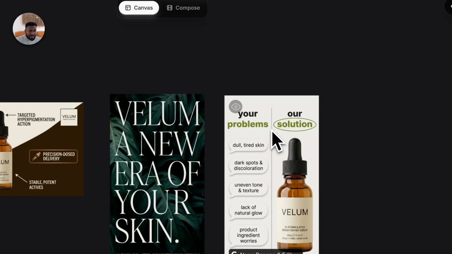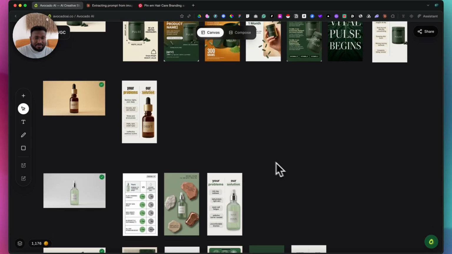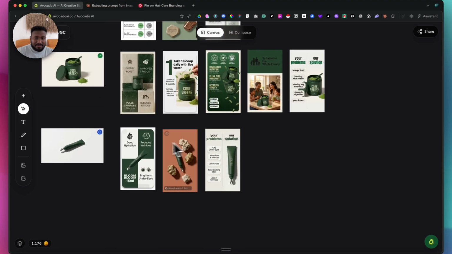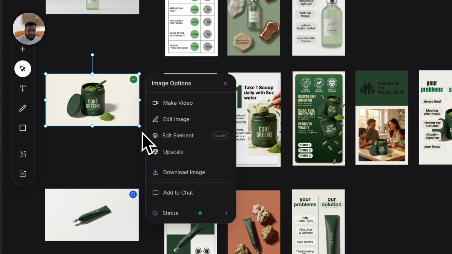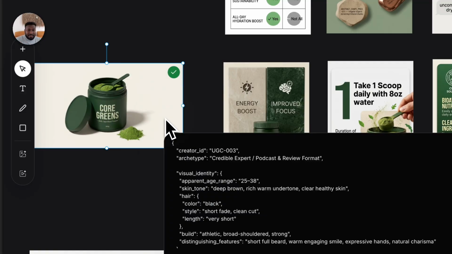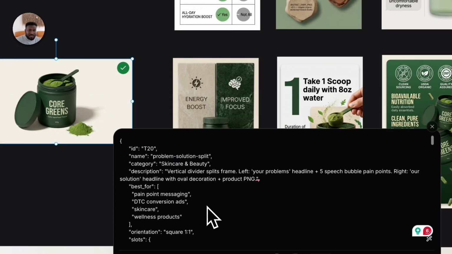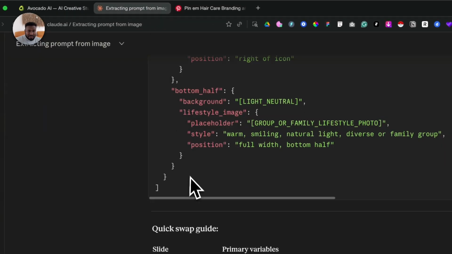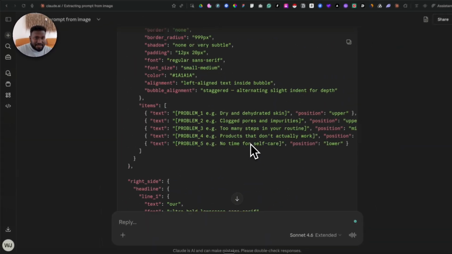So to do this, like the problem and our solution for whatever product, you can select, let's say, for example, this, let's go with this product here. So if you want to create a product solution, you click on the image of the product first, that you're working on. You click on edit image, and then you can add the JSON prompt that you got from Claude. So Claude gave me a JSON prompt that I can use,